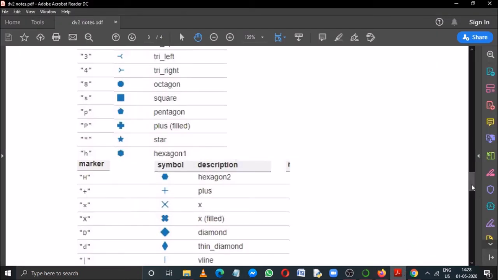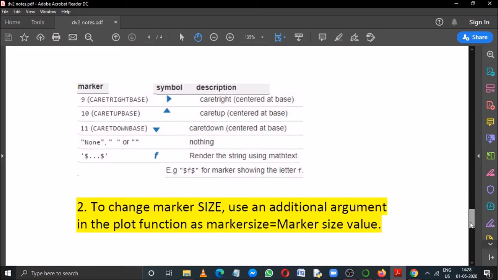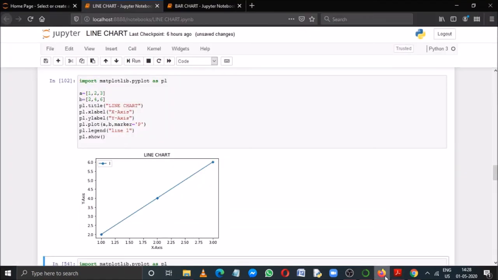Now the next topic will be how to change the marker size value. Now suppose, as you can see in the last chart, the markers are very small in size. That's why we cannot understand properly what type of marker is appearing.